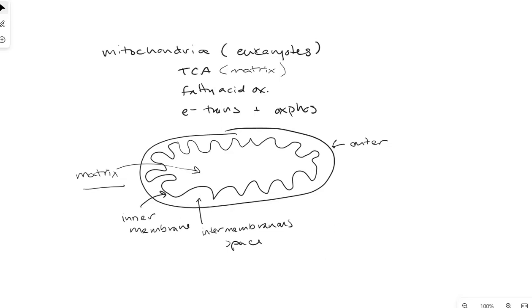The space inside the inner mitochondrial membrane, or the matrix, contains most of the enzymes for the TCA cycle and for fatty acid oxidation. The exception being succinate dehydrogenase of the TCA cycle, which is located in the inner membrane itself, and it's integrated